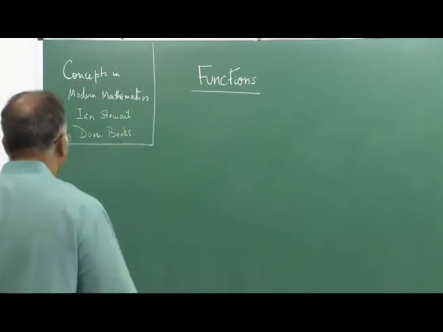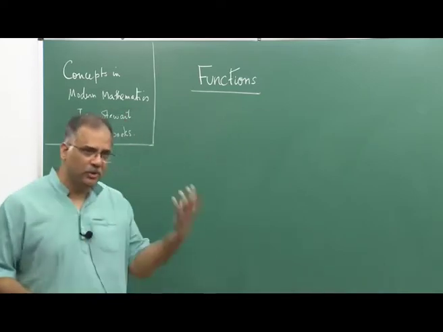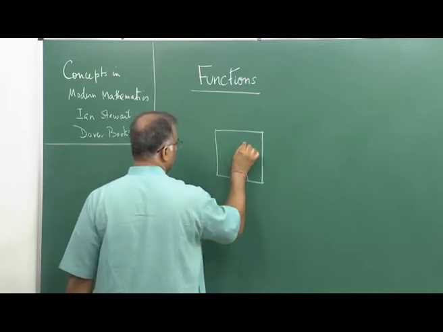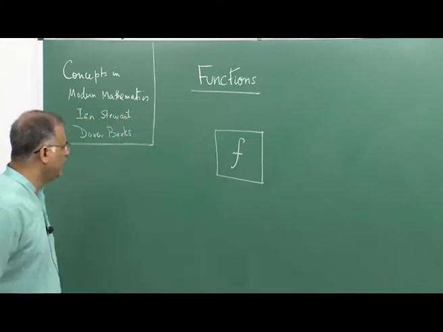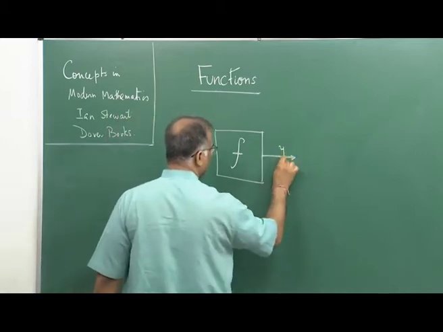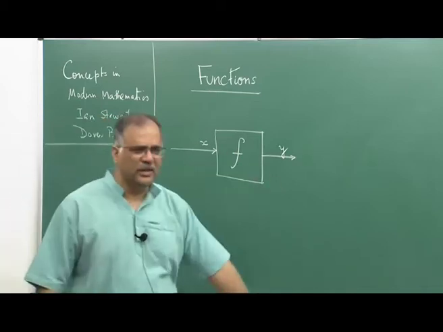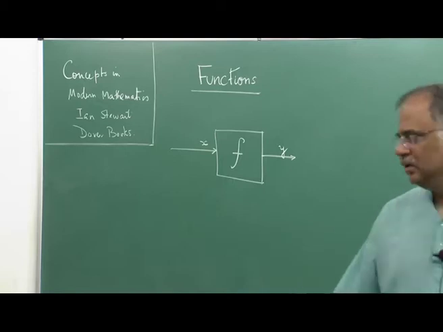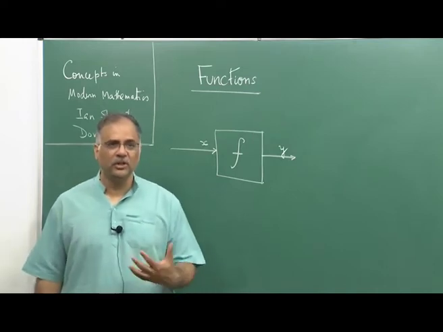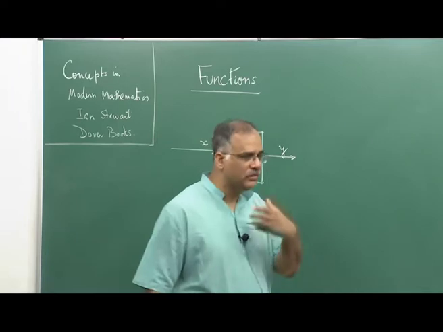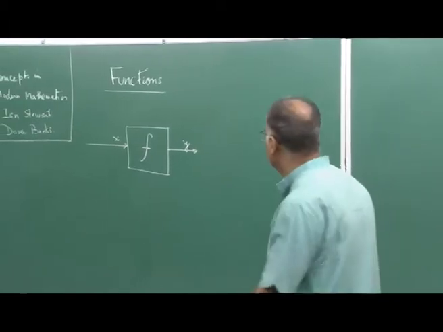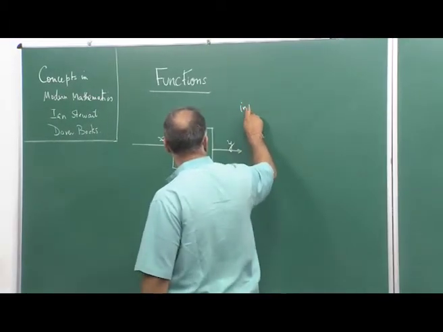See, a function has always been visualized as a kind of machine. So, here is a machine which we call f, and here we give an input x, and here comes a unique output y. So, for every input x there is a unique output y, but if there are 2 or more outputs, then I will never call such a machine a function. So, this uniqueness of y is a very, very important thing. So, it is a machine where every input has a unique output. So, the key idea